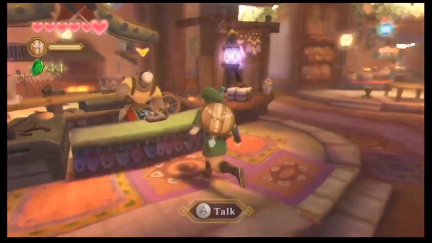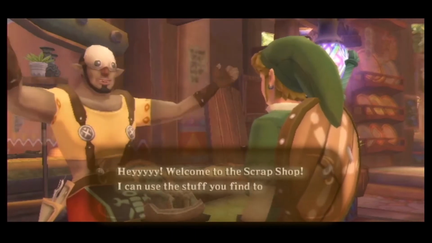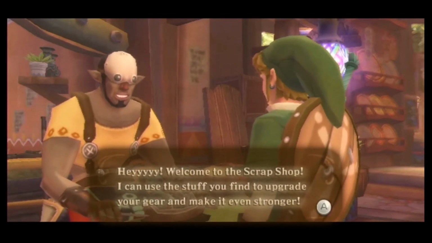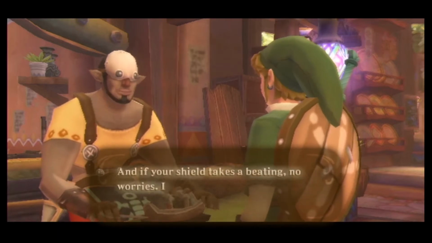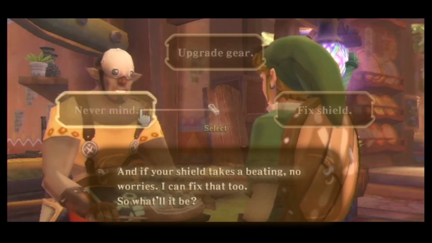Right here is the bazaar. Hey! Welcome to the scrap shop! I can use the stuff you find to upgrade your gear and make it even stronger. And if your shield takes a beating, no worries, I can fix that too. No, we don't have anything to do with you, but any gear that...